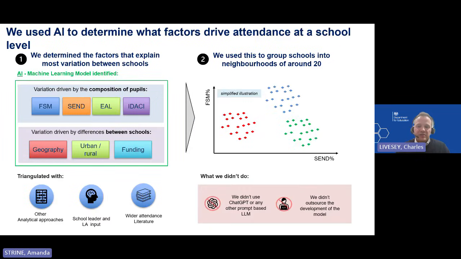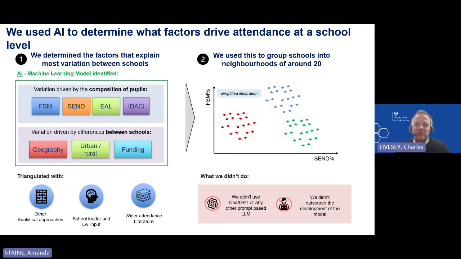If we move on to the next slide, I'm going to walk a little bit through now about how we identified similar schools. And this is where the AI element comes in, but it doesn't involve anything like ChatGPT or prompts or large language models or anything like that. So what we did to start with was build a machine learning model in-house to identify the factors that matter